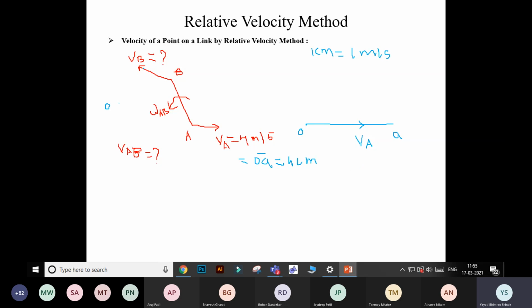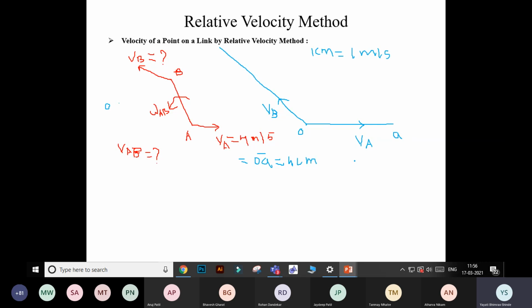Next, we know the velocity B, but we know only the direction of velocity B. See in the figure. Now in the same way, you have to draw another vector OB whose magnitude is unknown, but the direction is known. I will draw the next vector OB in the direction of velocity B. Now this is nothing but your velocity B. We don't know the magnitude or the distance of vector OB.